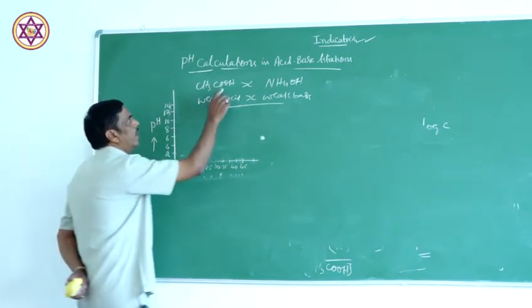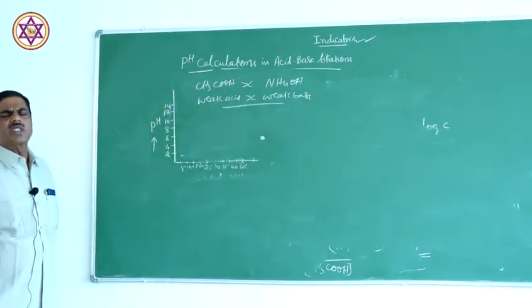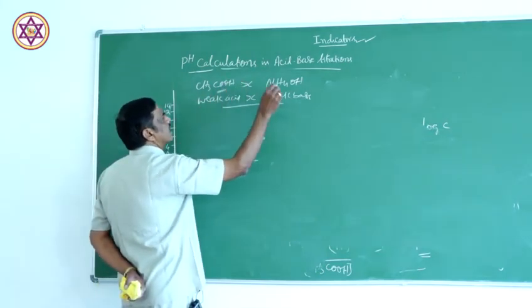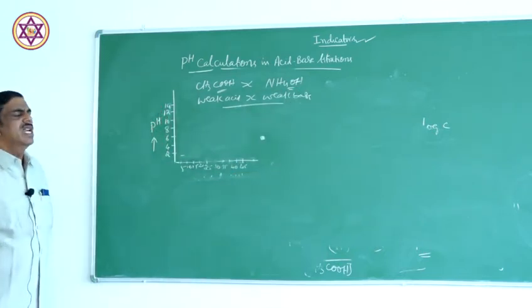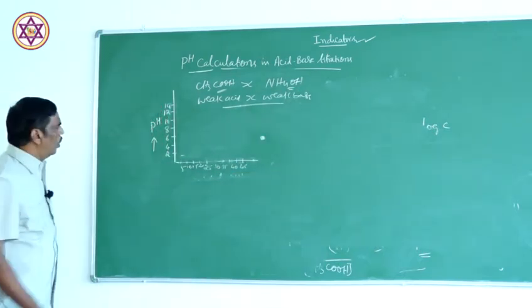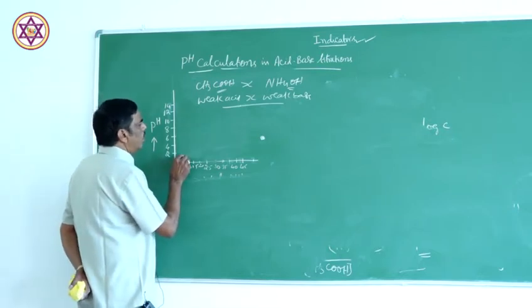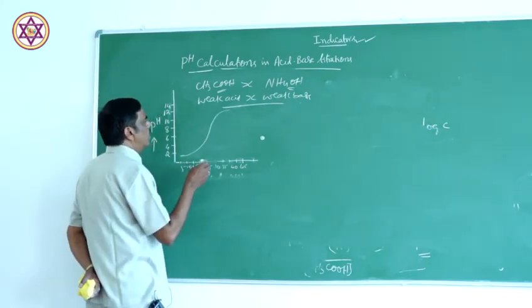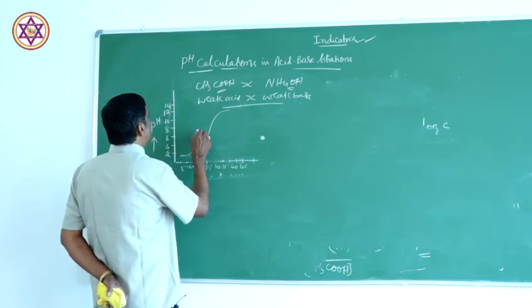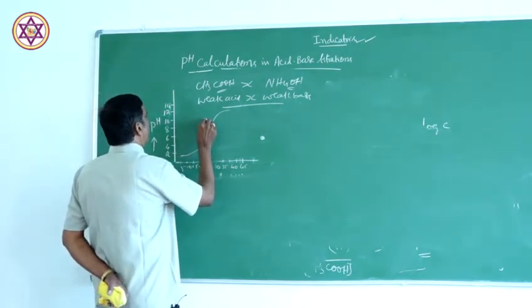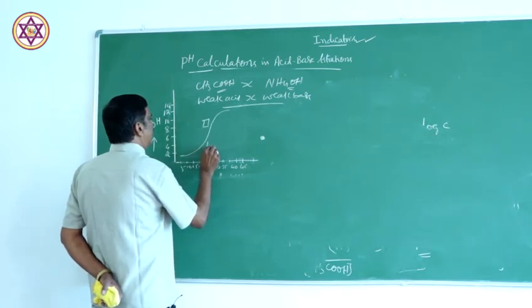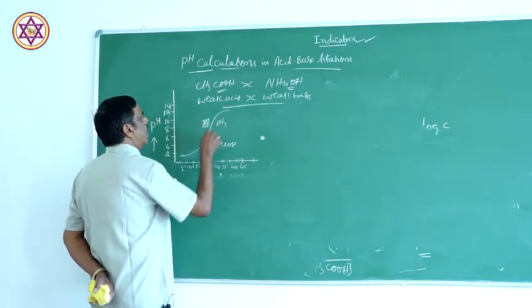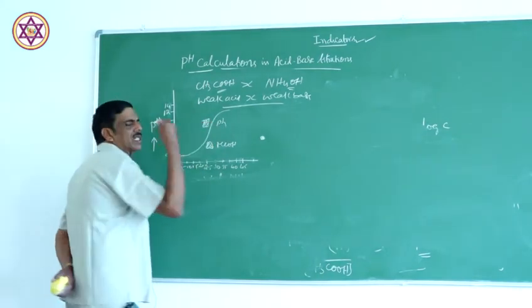Since both of them are weak, neutralization is not sharp because there is no complete ionization of either acetic acid or ammonium hydroxide. Sudden change in the pH will not be there. Therefore, if you see the curve of this titration, there is slow change in the pH. So there is no sudden rise in the pH. Therefore, you cannot use any indicator. This is the methyl orange indicator range. This is the phenolphthalein indicator range. Therefore, indicators are of no use here.